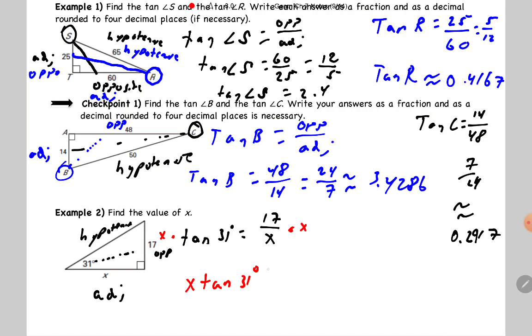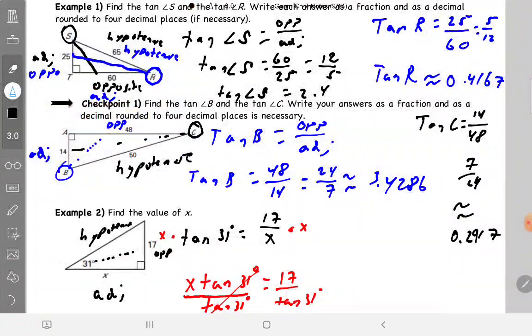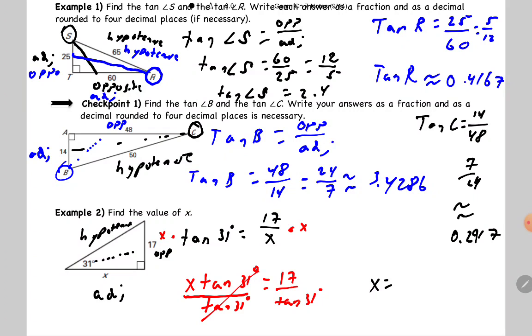So tangent of 31 degrees is just a number. You can try it out in your calculator. So it's just a number being multiplied to x, and 17's over here. So we have a number being multiplied to x, so we're going to get rid of it by dividing by that number. That number is tangent of 31. So I'm going to divide both sides by tangent of 31. These will cancel, and then I'm going to be left with x equals 17 divided by the tangent of